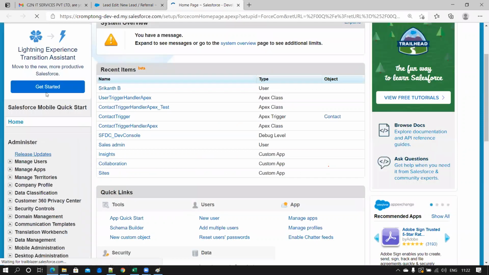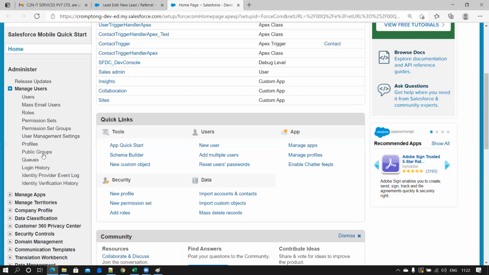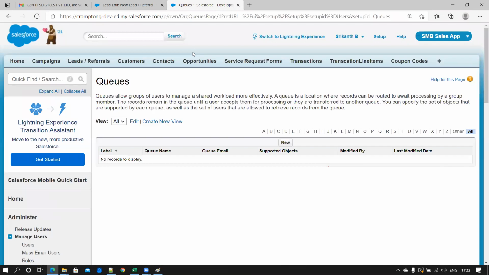So before going to lead assignment there is an option called queues. What is that? Queues. Queues will hold a group of users. Let us say, for example,